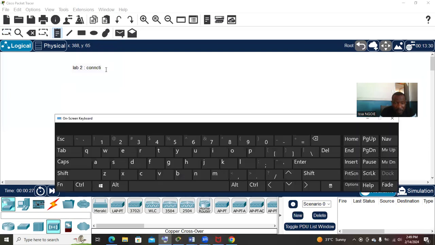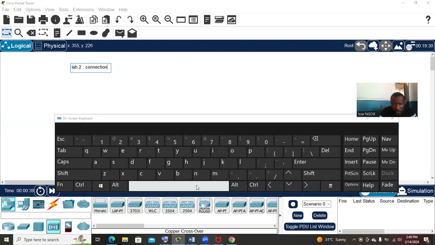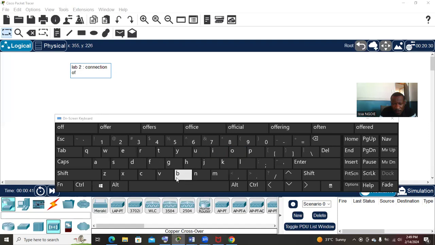Let me use the virtual keyboard. A connection of multiple computers